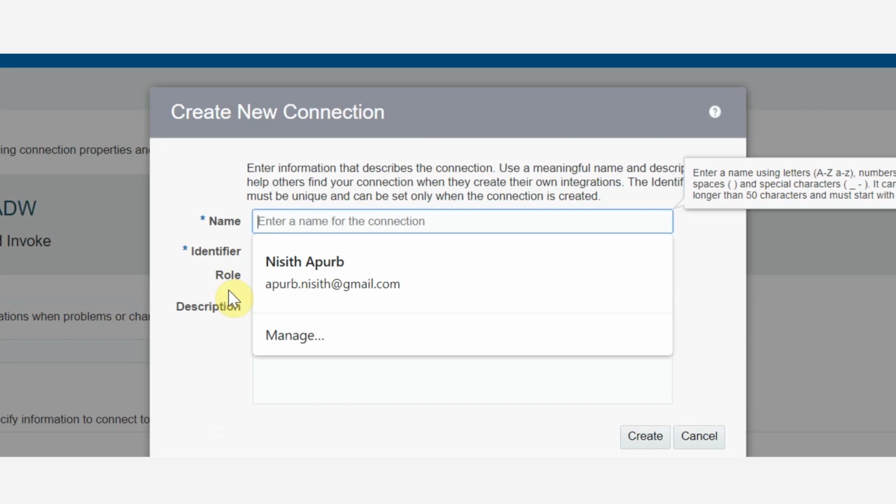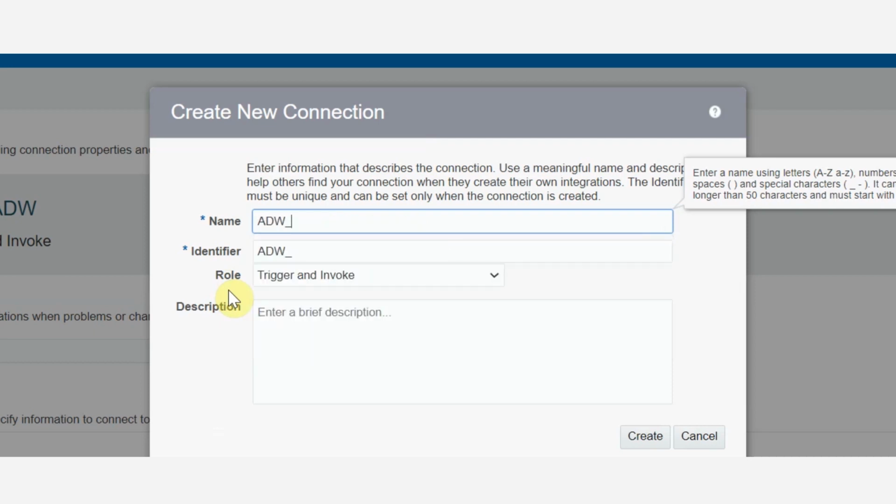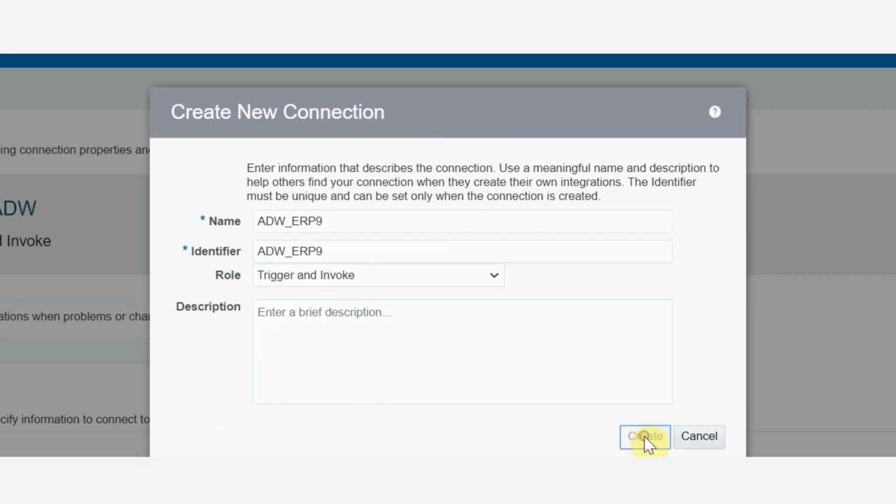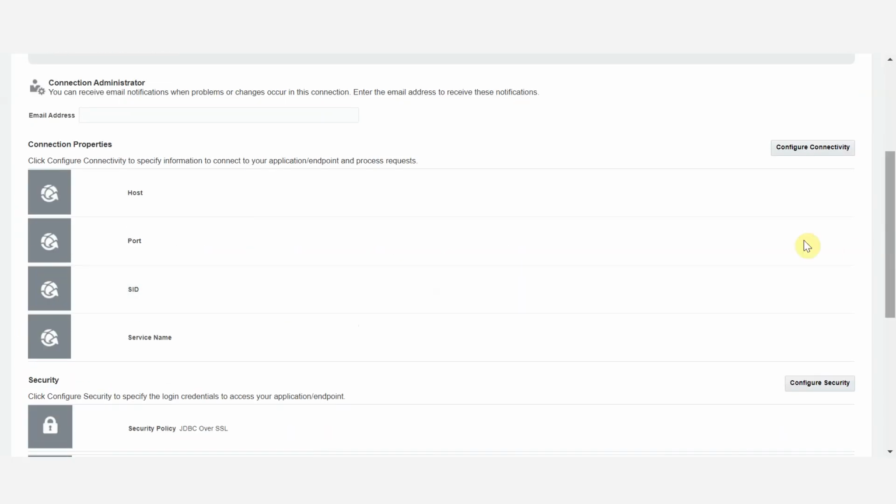You will be prompted to enter a name for the connection you are trying to build. Enter ADW ERP in the name section and the identifier will auto-generate. Leave the role as trigger and invoke. Click the Create button.